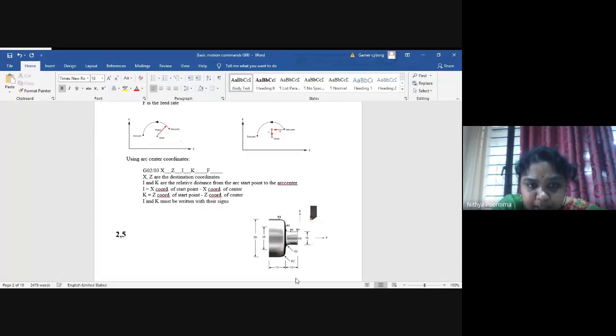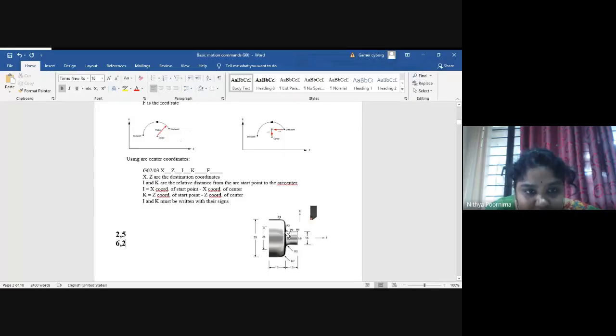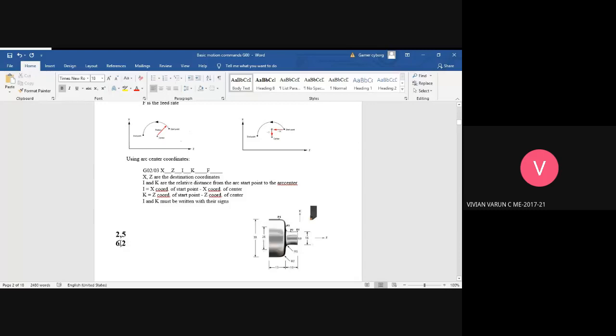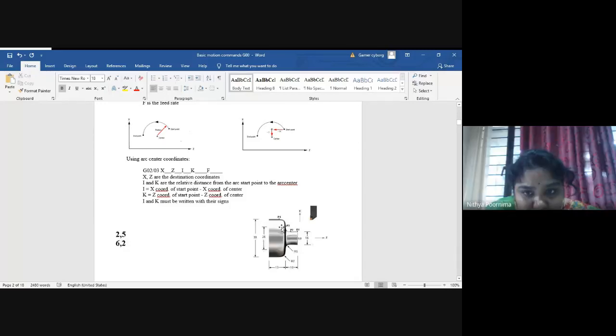In place of K, you will define it as some number, I'm giving random, 6 comma 2 or something like that. That means one will be the coordinates of the center, one will be the coordinates of the start point. This 2 will be the starting point here, and 5 will be the coordinate of the center point. Is it clear? Similarly for this, 6 will be the start of this point, and 2 will be the center point.